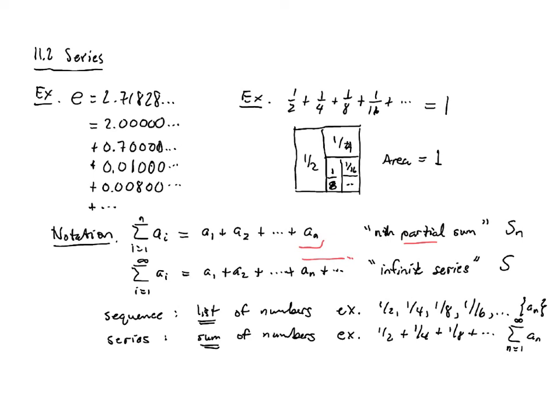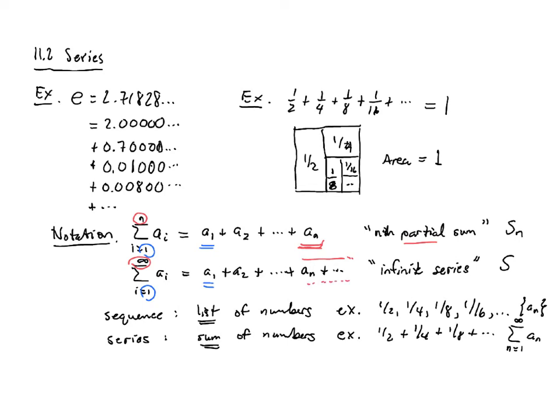We should also make a note about the subscripts, the indexes on our summations. In this first partial sum, I start with i equals 1, and that corresponds to the fact that I've started with the term a1, and I end with the number n, and that corresponds to the fact that I've ended with the nth term. Down in the infinite side, if I start with i equals 1, then I start with a1, and if I go to infinity, that's telling me that I go on and on in my series